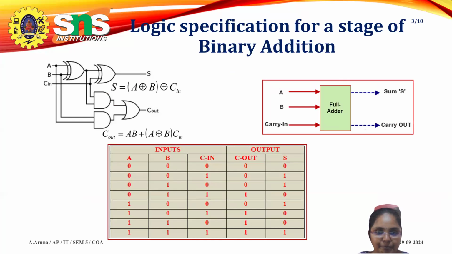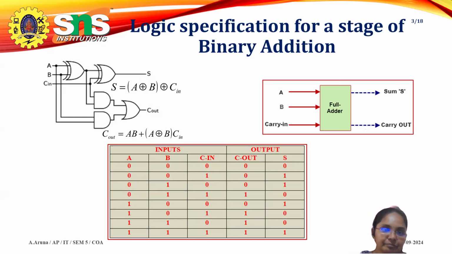Now Cout. Here I'm passing Cin. This is 1, 1. The AND gate produces 1, because both are true. Here I'm passing 0, 1. The AND gate will give 0. So here it will come 1, here it will come 0, but the OR gate with 0 and 1 will produce 1. So Cout is 1. This is how a full adder logic circuit works. This particular full adder is what we're going to use in our architecture.